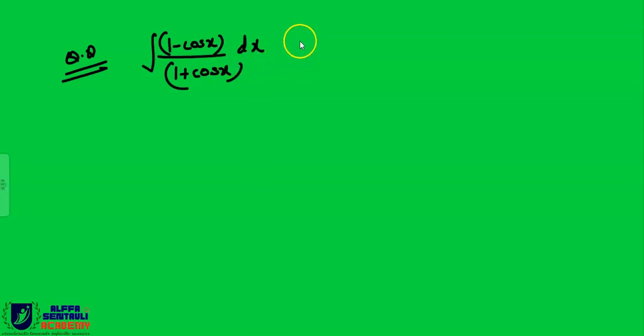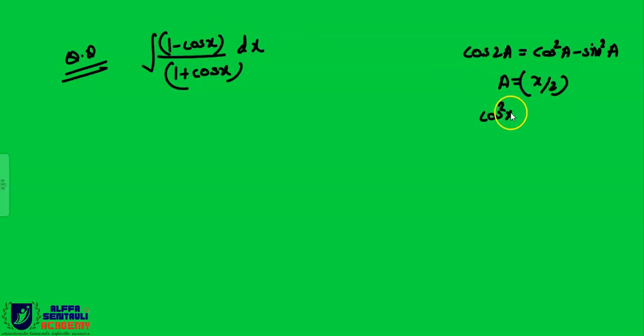Correct. You have taken the correct assumption. You have to replace this cos x. Try writing cos x in terms of this, right? Use this, beta. This 1 minus cos x can be written as, see, we know cos 2a is nothing but cos square a minus sin square a. Correct, beta. Now we want cos x. So if we want cos x, then we should substitute a as x by 2. Then we get cos x as cos square (x by 2) minus sin square (x by 2). Correct? Yes, sir. Got it, beta.